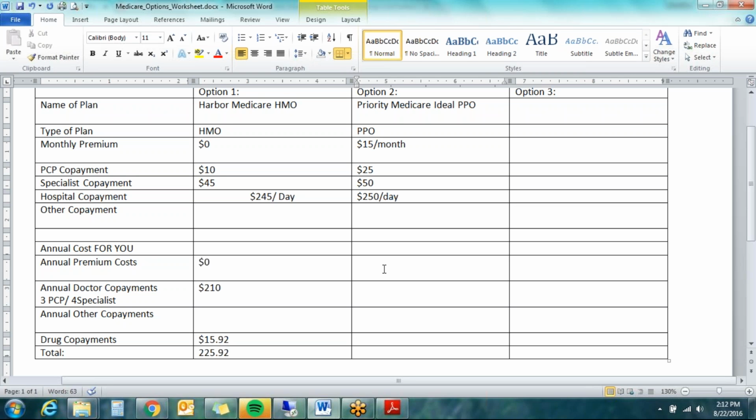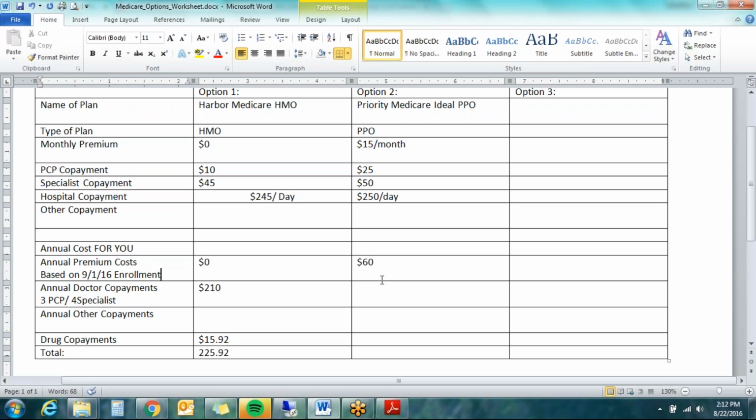So let's, this new to Medicare person becomes Medicare eligible September 1st. So we have September, October, November, and December. That's 4 months left out of the year. So we're going to times that $15 monthly premium by 4 months, and that's $60 in annual premium costs for the remainder of the year. Let's just put here based on